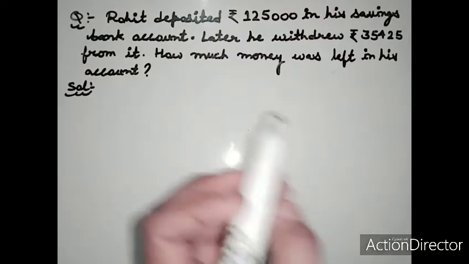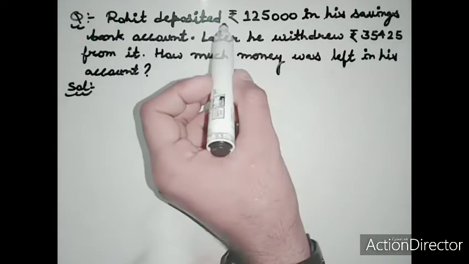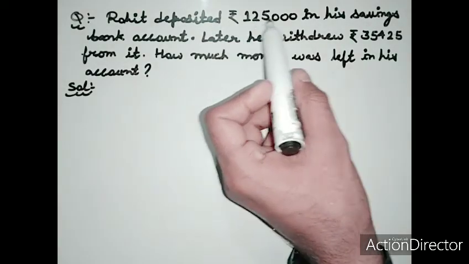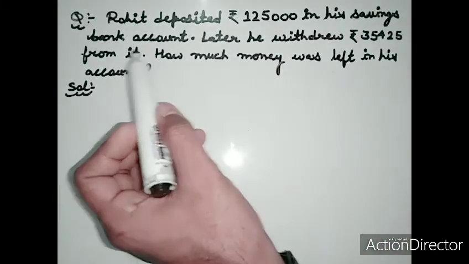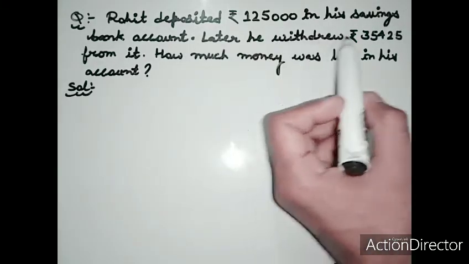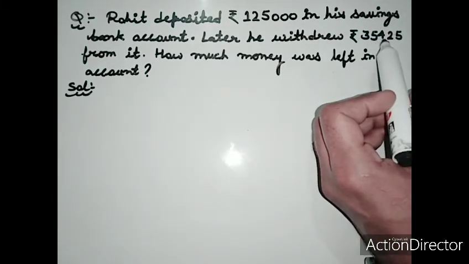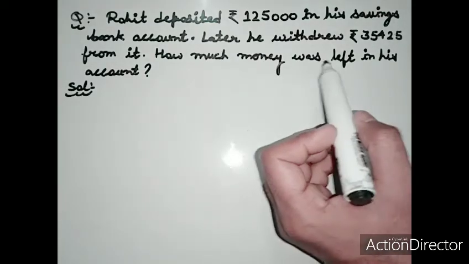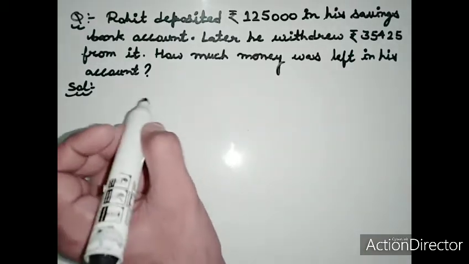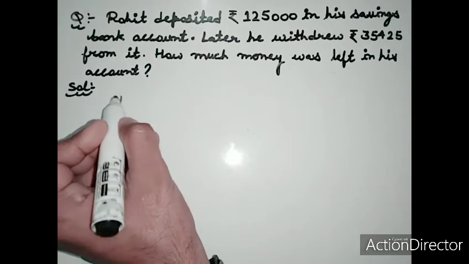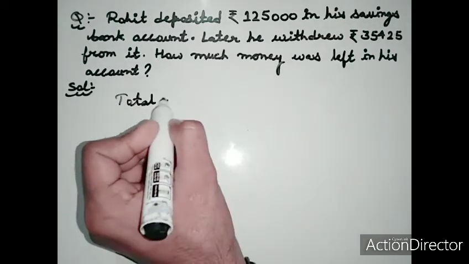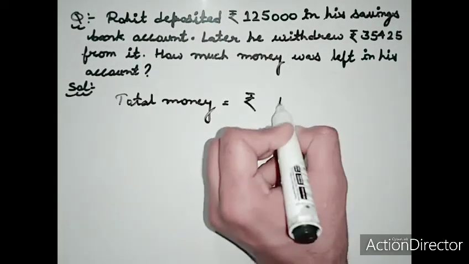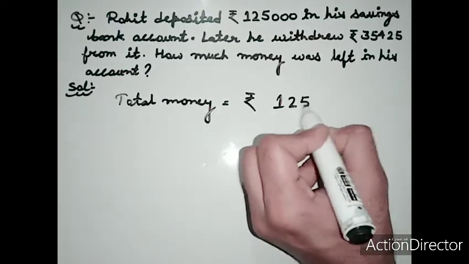Now students, here we take one word problem. Rohit deposited rupees 1,25,000 in his saving bank account. Later, he withdrew 35,425 rupees from it. How much money was left in his account? So here total money equal to rupees 1,25,000